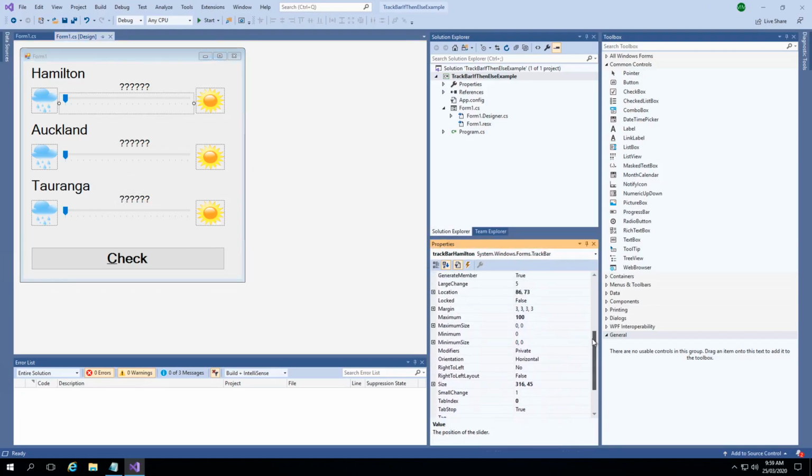Third thing I've done is change the properties. So in the previous video I talked about the minimum and maximum. The idea in this example is that these trackbars are going to represent percentages. So the user can set 3 percentages, one for each city, and it's some measure of how good the weather is. So 100% would be 100% sunny, 0% would be raining, and so you can choose anything in between. So we can see that the minimum there is set to 0, the maximum is set to 100,